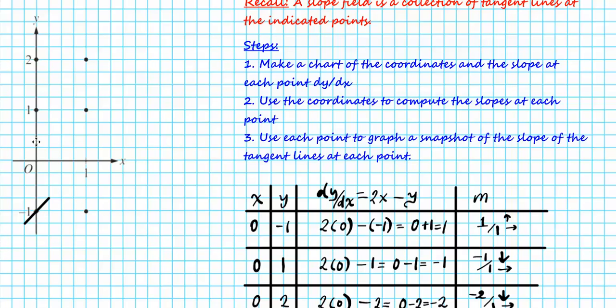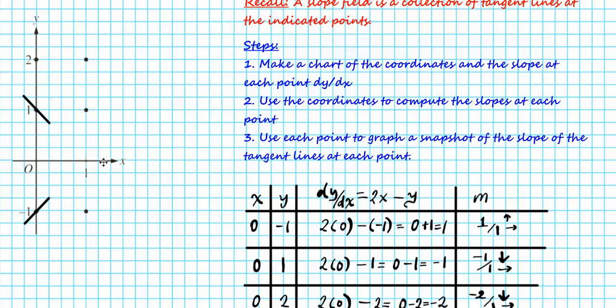Now let's move on to (0, 1). In that case, negative 1 over 1 is your slope. So starting from this point right here, you place your ruler here. If you drop 1 and run 1, your ruler should be going through this point and this point. Okay, and then when you draw your line, you just want a snapshot, so it's going to be something like this. It's just a sketch, okay? So there goes the slope of the